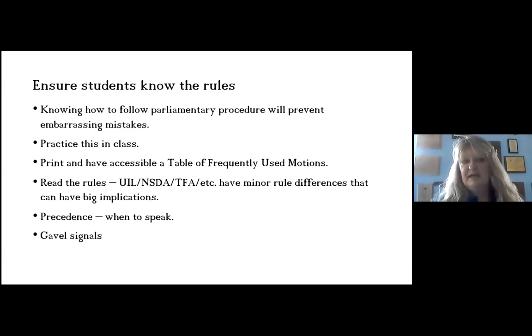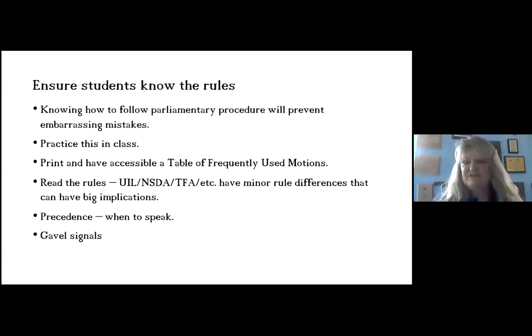So I would give them a list of 5 or 6 pieces of legislation to have prepared. And then I graded them on: did you give a speech? How good was that speech? Did you ask questions? How good were those questions? And that was one way that I helped them prepare, by making it something that they've done over and over again, because the more you do it, the better you get. So do those practices in class and even after school.